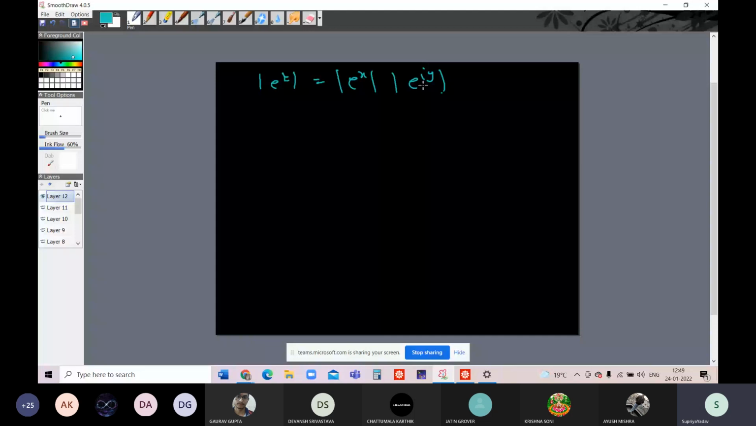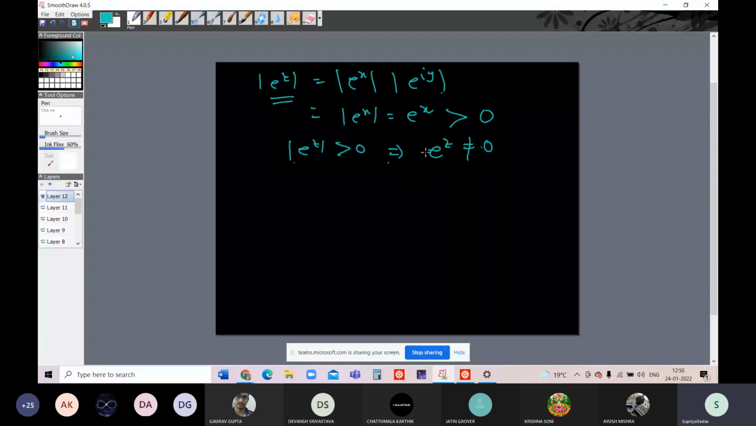So it is exponential x, which is equal to x, and this exponential x, we know that exponential x for all real value x is always greater than 0. So it is always greater than 0. It means that mod of exponential z is always greater than 0 for all z. This implies that exponential z is never equal to 0, because exponential z is a